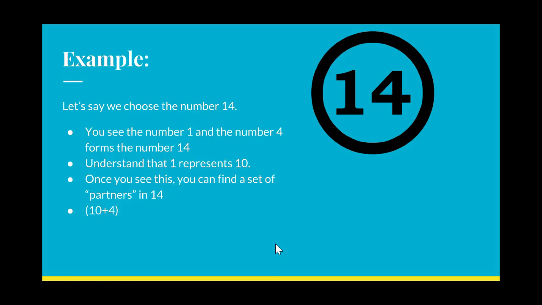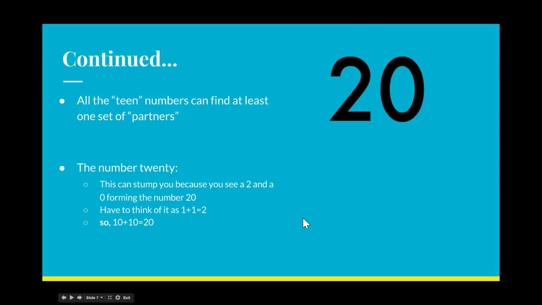So an example. Let's say we chose the number 14. You see the number 1 and the number 4 forms the number 14. So we understand that 1 represents 10. So 10 plus 4. That's one set of partners that you see in 14. All the teen numbers can find at least one set of partners, which is the 10, and then another number,